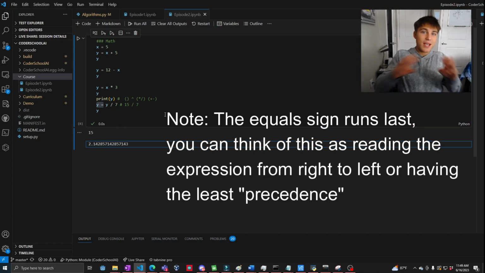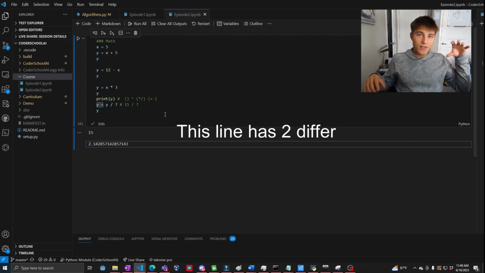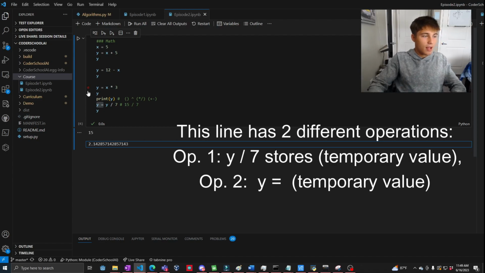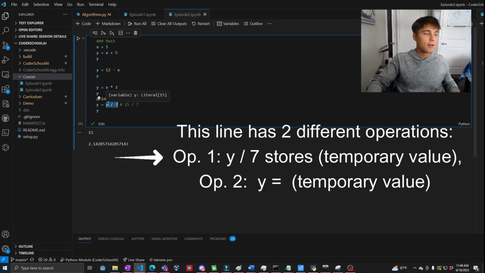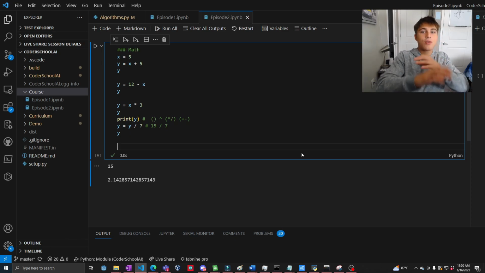The program separates it into two things and runs this one first, and then sets whatever the value is from here into there, right? It's kind of like an order of operations, but more along the lines of two separate pieces of code, in the sense that this is just getting a value, and then this is just setting the value at that place in the computer program. Let me show that with